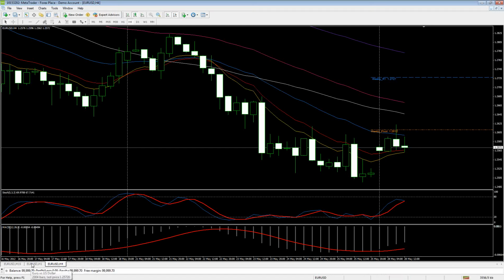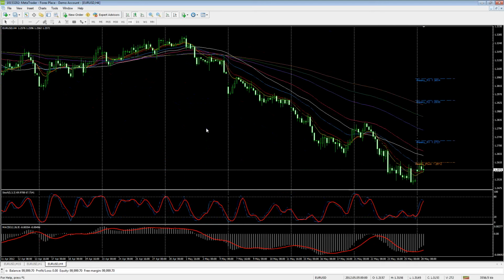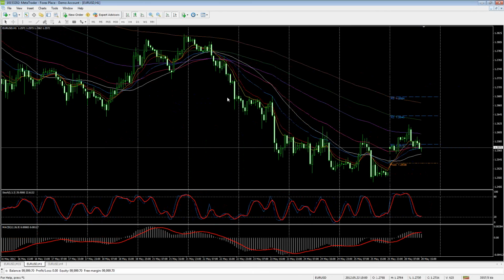Any questions? Anything you want to ask about the COP strategy or these moving averages? Again, I showed you the moving averages I sometimes use, but it's nothing, it's not a precise science. It's not something you can say, okay, this moving average will be for sure the last resistance, but it may help you